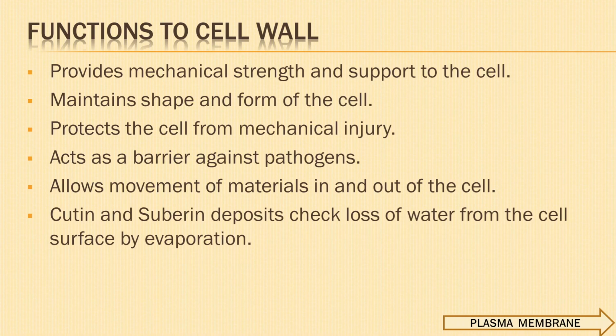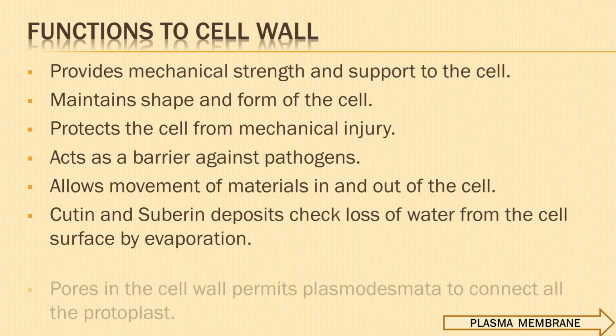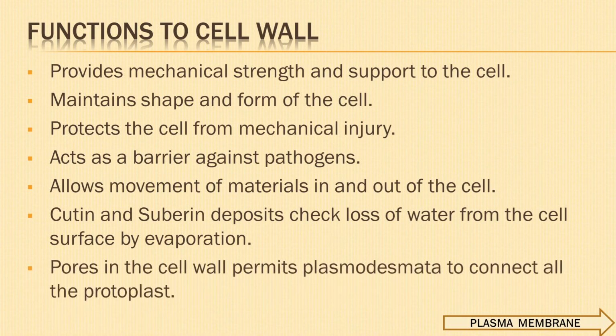Chitin and suberin deposits check loss of water from the cell surface by evaporation, and pores in the cell wall permit plasmodesmata to connect all the protoplasts. So we have studied the structure, composition and functions of cell wall. Next, let's take up